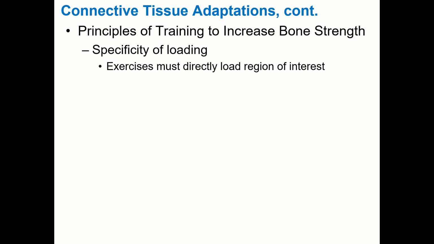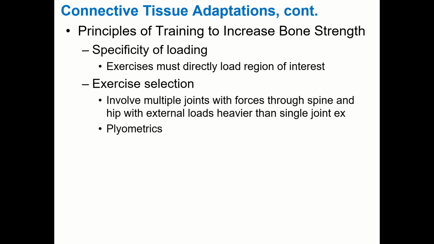So you can do that by having them lift dumbbells, barbells, any number of other resistance implements. And any of those resistance-type things are going to compress the bone and result in bone remodeling, provided the intensity is high enough. So you've got to load the region of interest. Just because you're a runner doesn't mean you'll have high bone density in the upper body. You won't. Exercise selection. So to facilitate that specificity of loading, we ideally want to do total body exercises